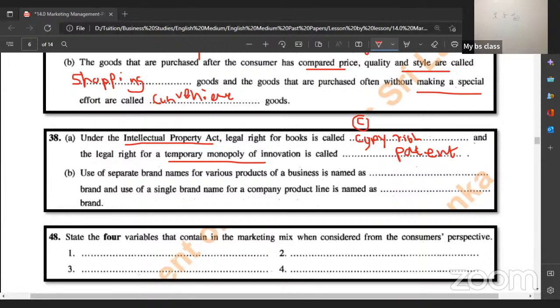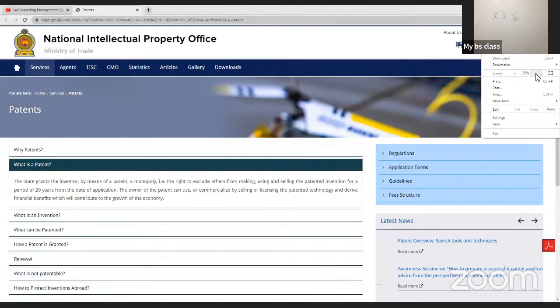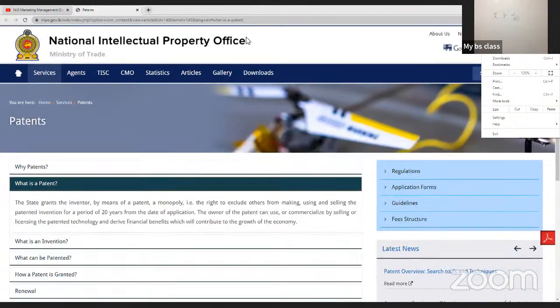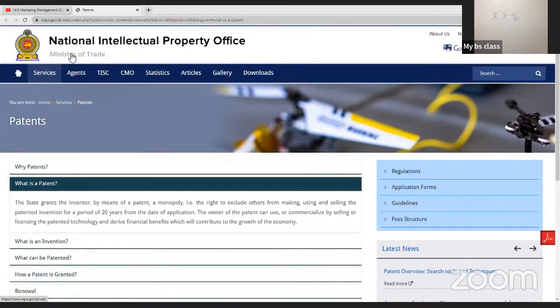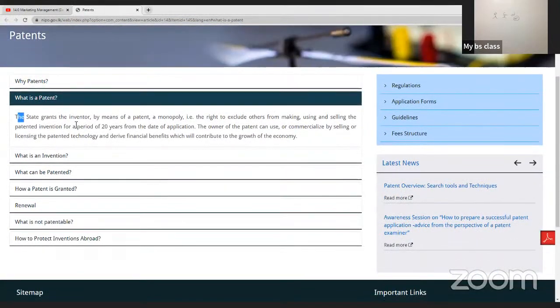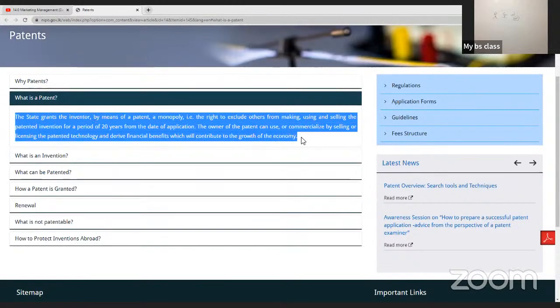Now, if you go through, guys, the National Intellectual Property Office, right, in Sri Lanka, let me just show that to you. So they clearly explain what is a patent. This is the National Intellectual Property Office, which comes under the Ministry of Trade, Patents. The state grants the inventor, by means of a patent, a monopoly, the right to exclude others from making, using, selling the patented invention for a period of